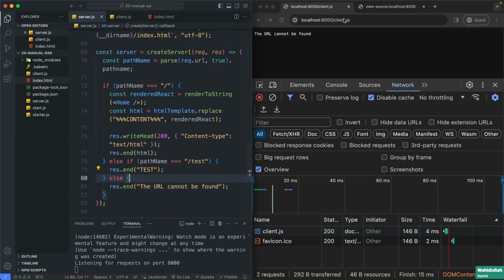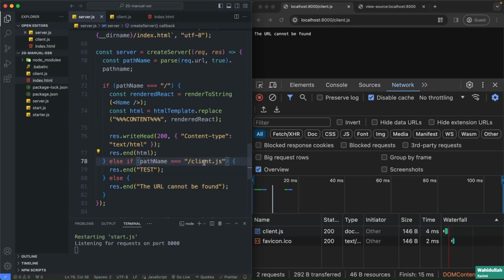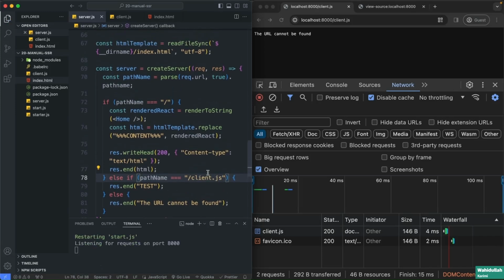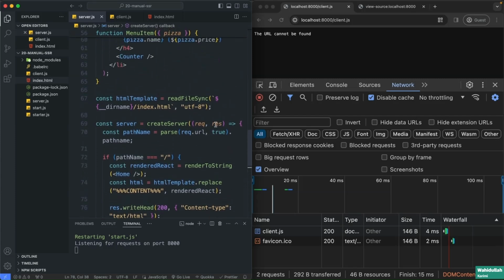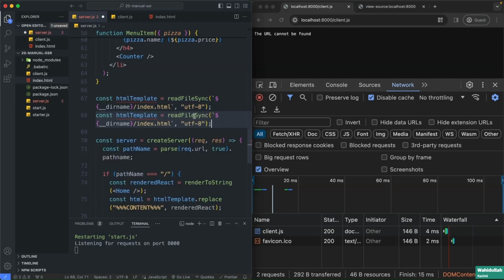So to fix this, we need to add a route for this. So let's do that here instead of the test. And then we send along exactly that JavaScript file. So the way we can do that is to read that in again like this one, like we read in the HTML. So let's call this client.js. And then here also